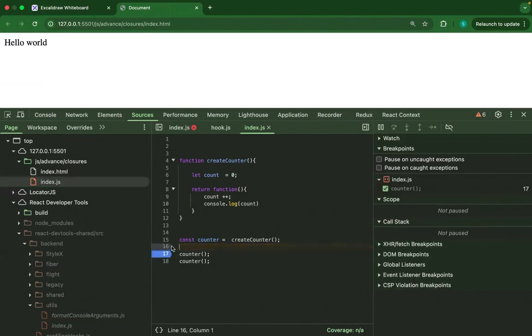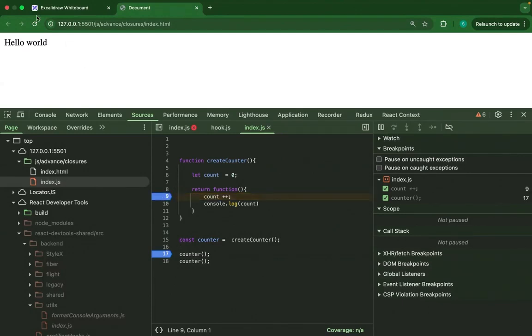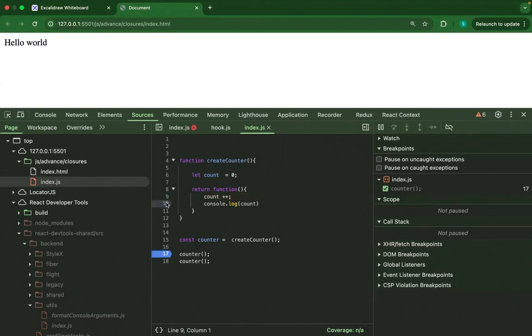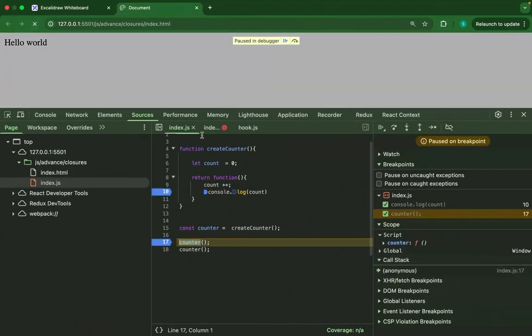Okay, let's put one here before calling this counter for the first time. Right. So let's put one during the calling. So let me refresh. So initially, guys, before even this counter is called,